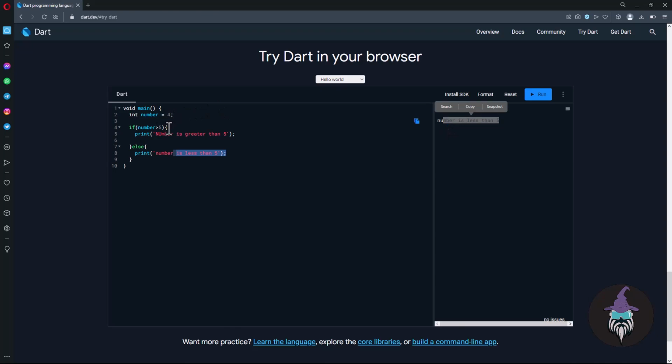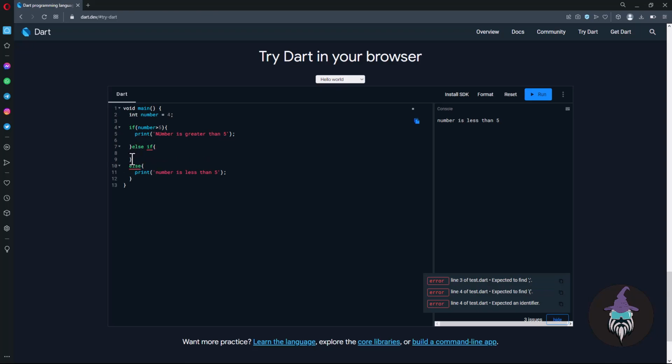So here we have only two conditions, whether the number is greater than 5 or else. So else is like a default condition that prints when everything else is not true. So we can have more than two conditions. Like we define that with else if, and follow with brackets, sorry, here should be smaller brackets, else if